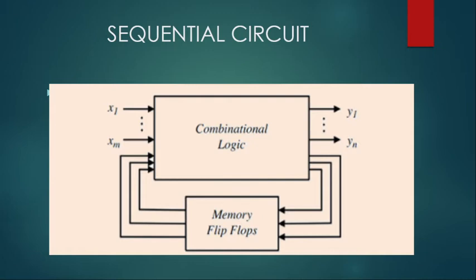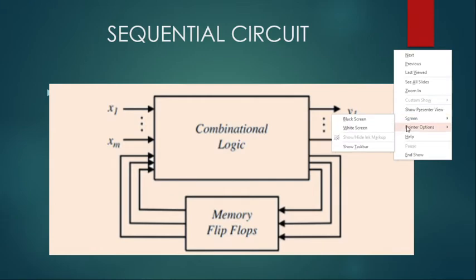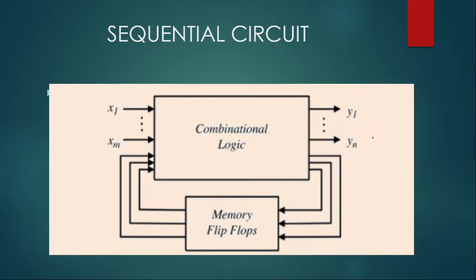So combinational logic circuit I discussed in my previous video. It is the circuit in which some set of input is given to get some certain set of output, and the output is also a function of the input. But in this sequential circuit, what is the difference? In this, one extra feedback element of memory is also attached. So basically, when a combinational logic circuit output is attached to the memory element as a feedback, it is known as sequential circuit. Combinational circuits are like adders, subtractors, multiplexers, decoders.